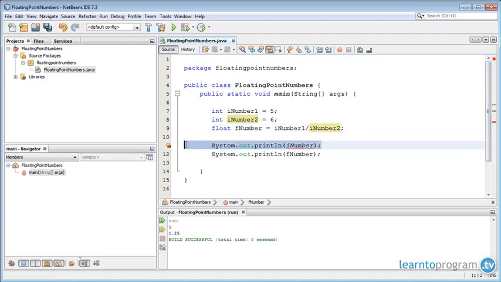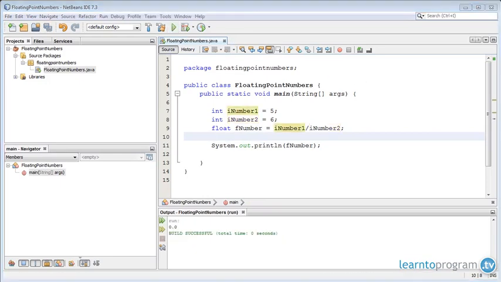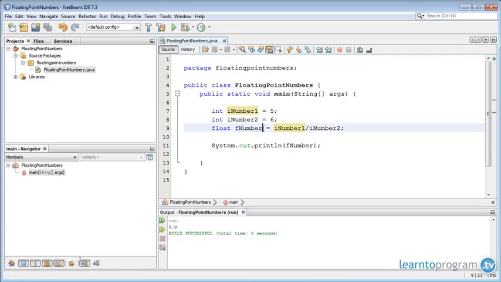And we'll just print out the result stored in f number. When we run this program, because once again we're dividing one integer by another, we're going to see the rounding down phenomenon. The value being stored in our floating point variable is 0.0, the rounded down result of 5 divided